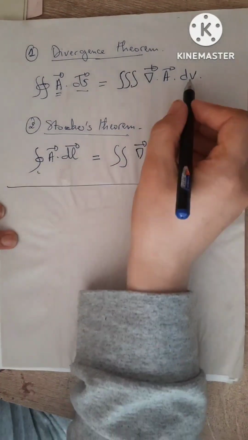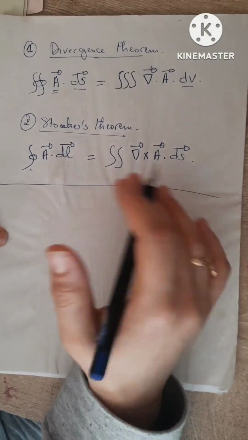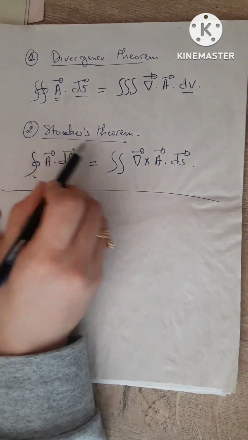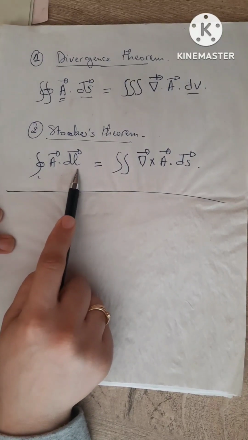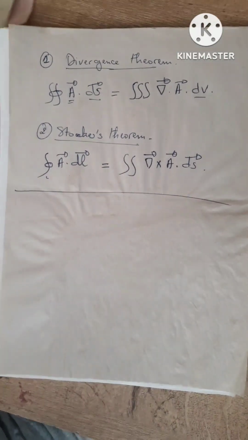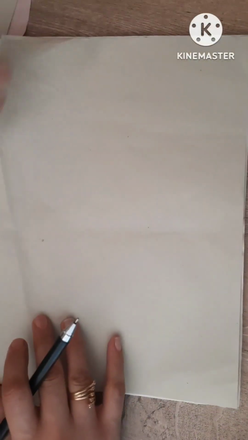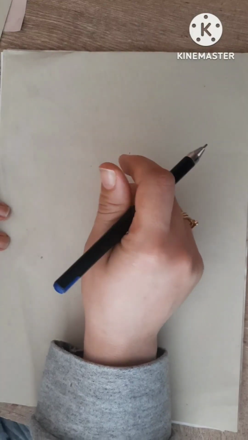The same for dV: we have to know how it depends on spherical, cylindrical, or Cartesian coordinates. Then the same for Stokes' theorem, we just have to know how to develop our dl and dS. So I will show. For example, for exercise number 5, they ask us